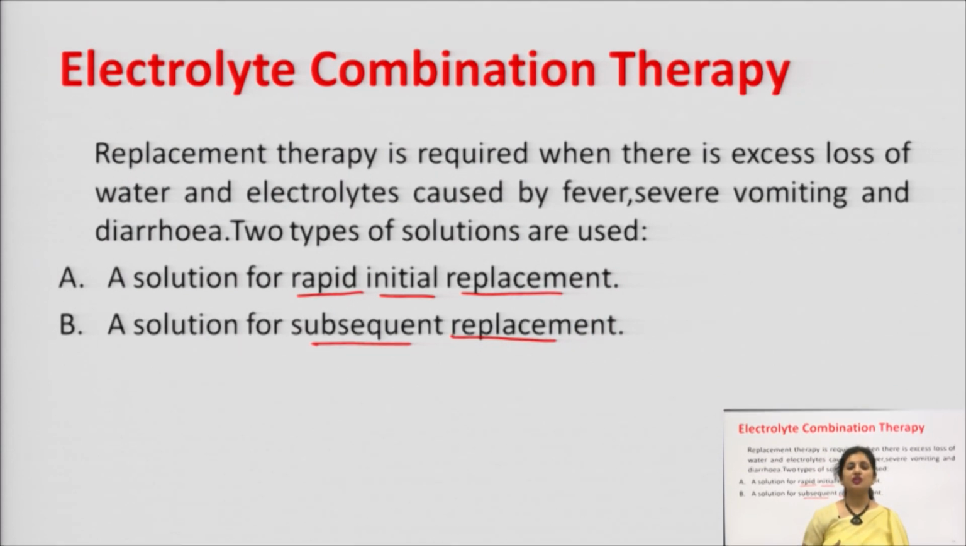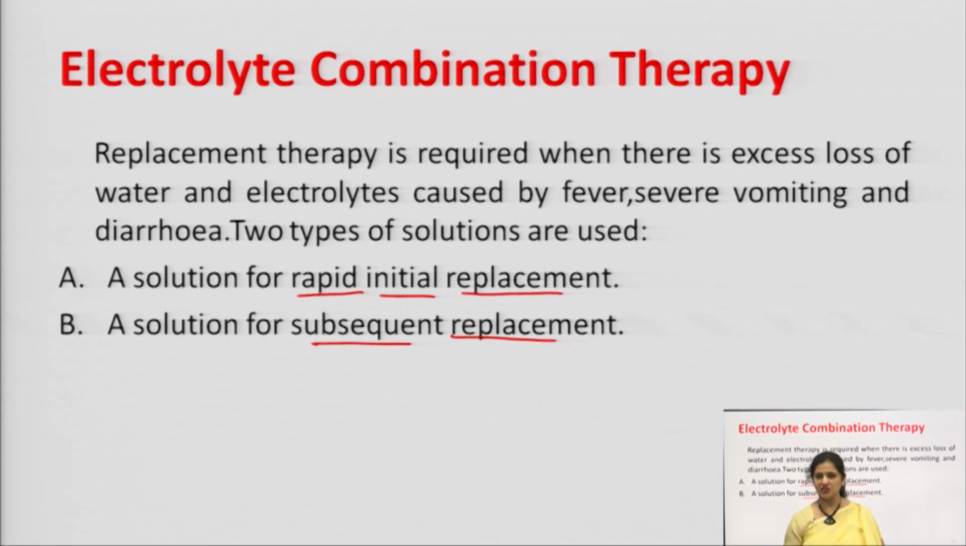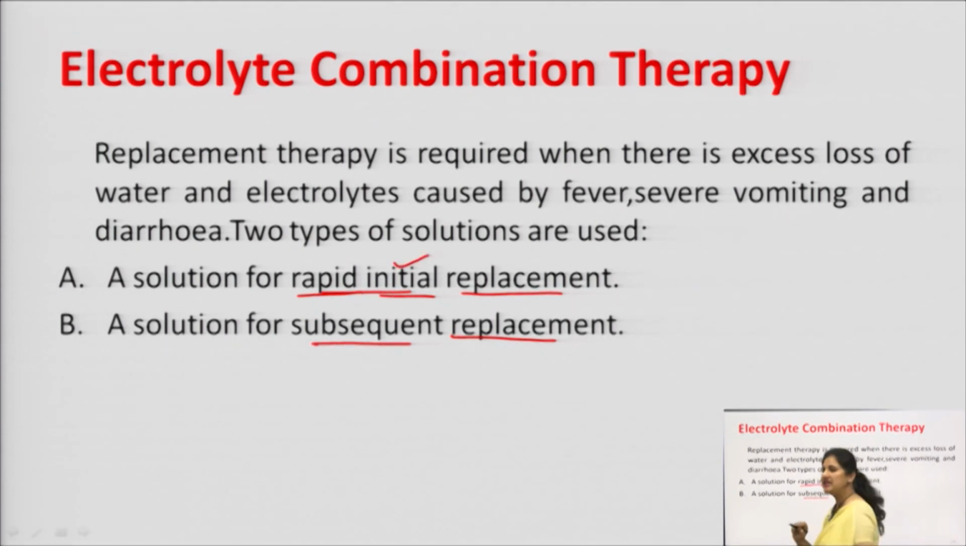So, in order to maintain this homeostasis, what do we do? We take electrolytes, which come under electrolyte combination therapy. Electrolyte combination therapy is of two types. One is for the rapid initial replacement of electrolytes, another is for subsequent replacement. Although they are more or less similar, the first has to be given immediately, and the subsequent one has to be given at the maintenance or later stage,